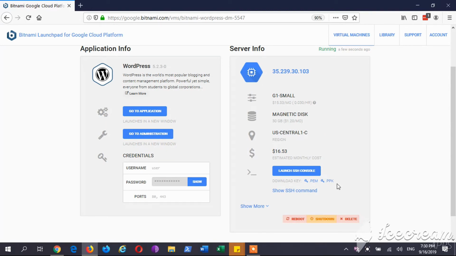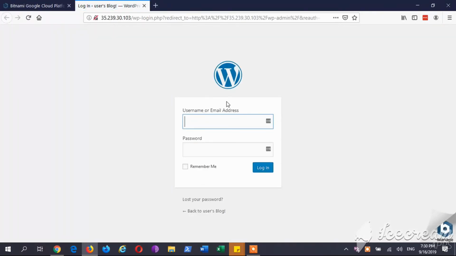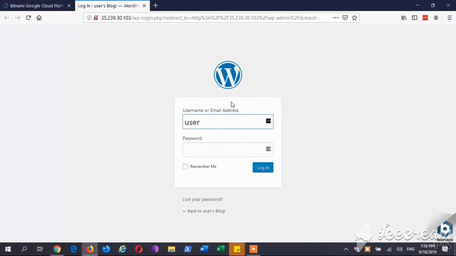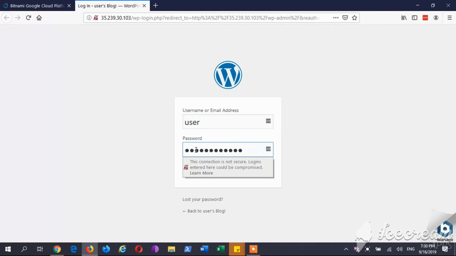So the last step that we're going to take is to go to your WordPress for the first time. Okay. So we'll go to the administration page of the WordPress. Click here. We will put your user as a user, and we will copy the password and paste it over here. Okay. And that's it. We enter